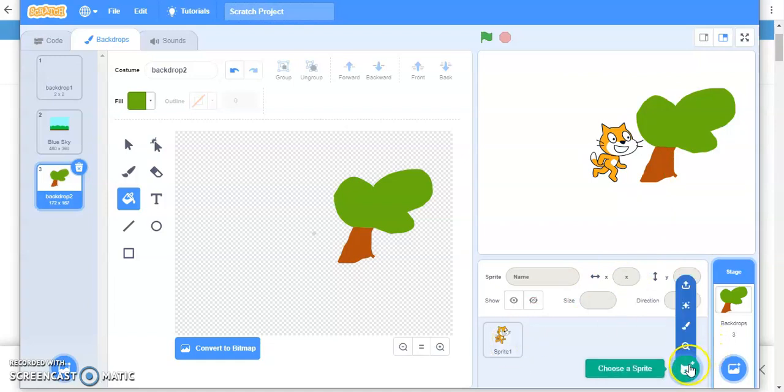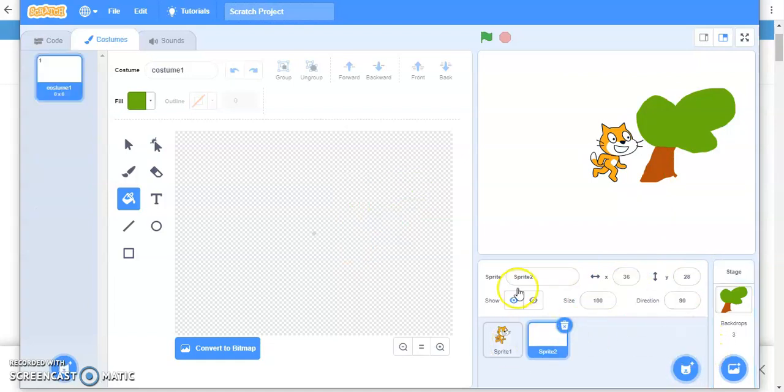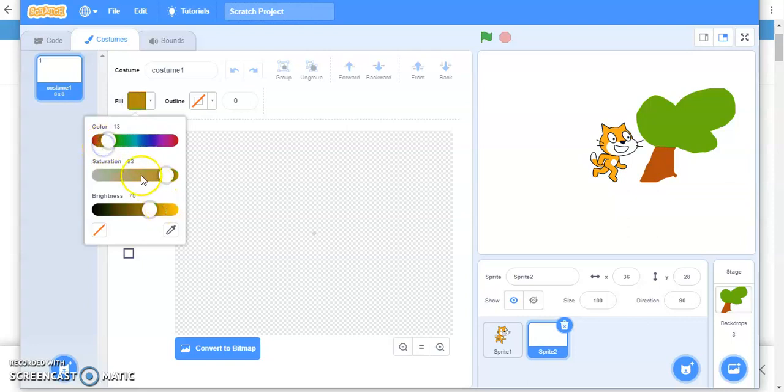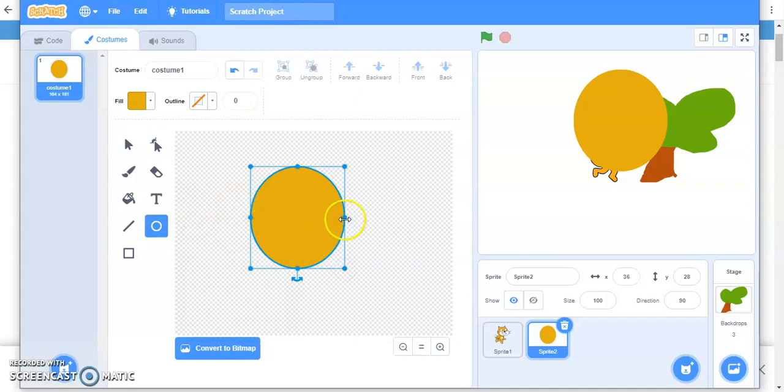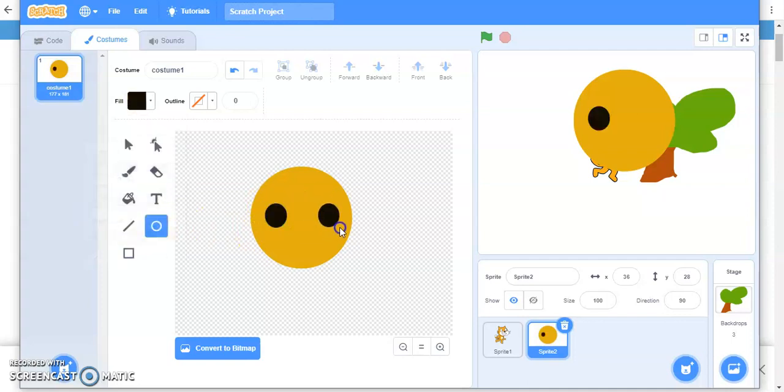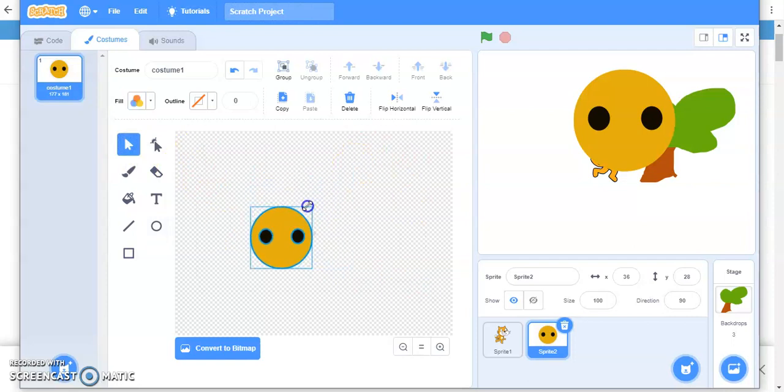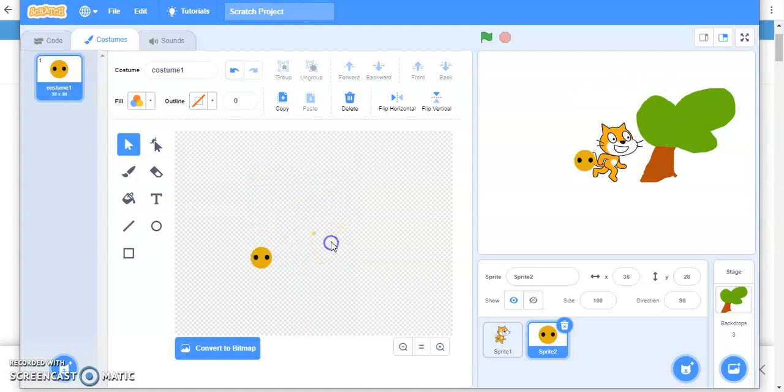Similarly, you can also create a sprite using the paintbrush. Suppose I am making a smiley. So change the color first. And again change the color for making eyes. So this is how you can create your own sprite. And if you want to reduce the size because it's too large, just click on this select arrow, select your sprite using the mouse, and then decrease the size. This is how you can do it.